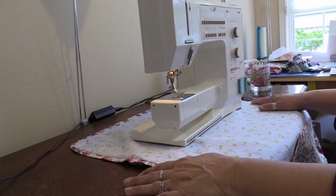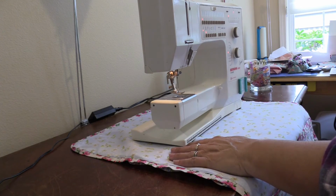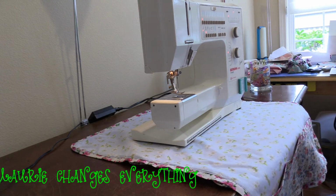This, and of course, my total, all-the-time desire to change the patterns that I purchase. Whenever I buy a pattern, it's like, what can I do to make this different? I know they wrote it to do it like this, but I want to do it differently. So anyway, the other thing is,